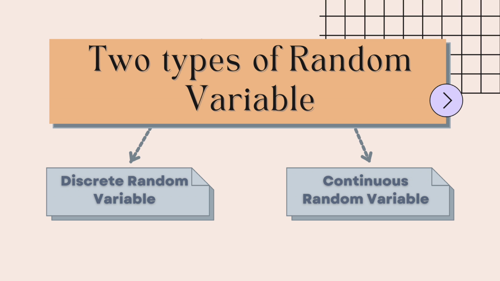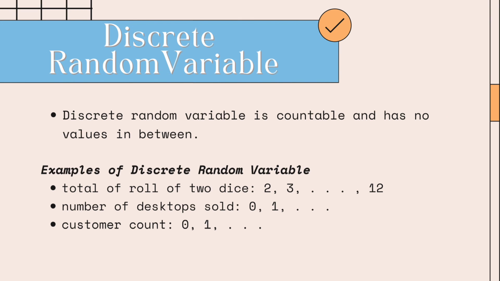There are two types of random variables. These are the discrete random variable and the continuous random variable. The first type is the discrete random variable. A random variable is called discrete when it is countable and has no values in between. An example of a discrete random variable is the customer count. It is because there is no such thing as 1.5 customers, because you can't divide a person